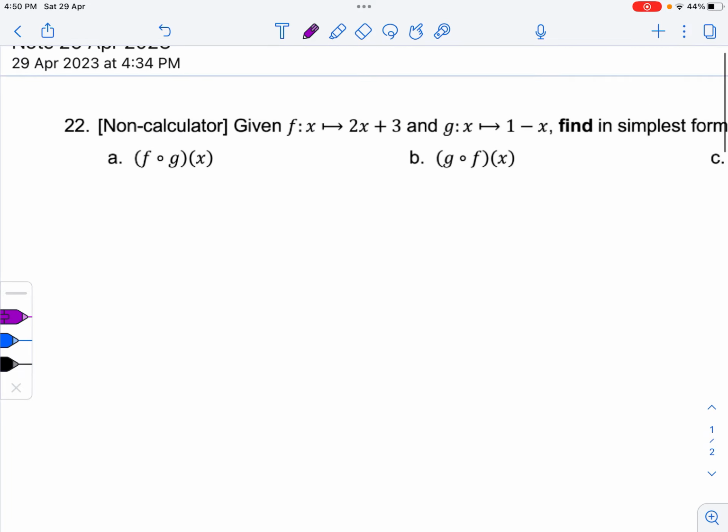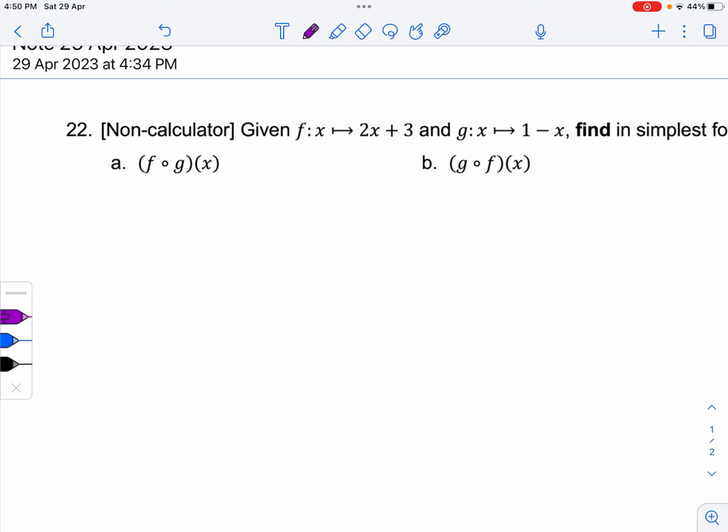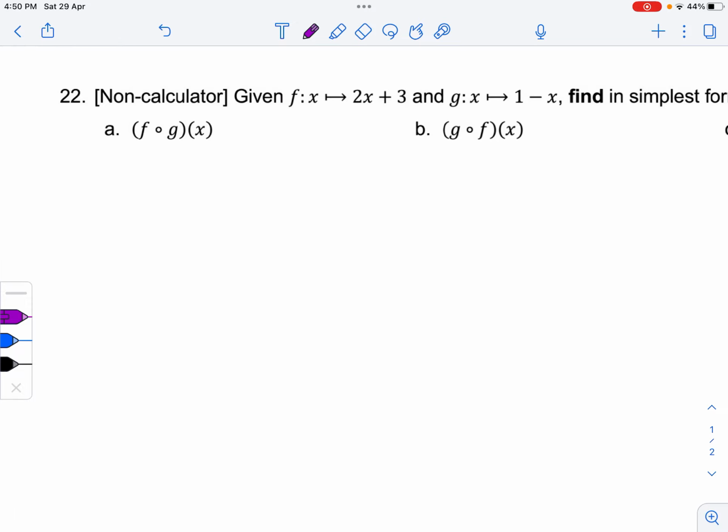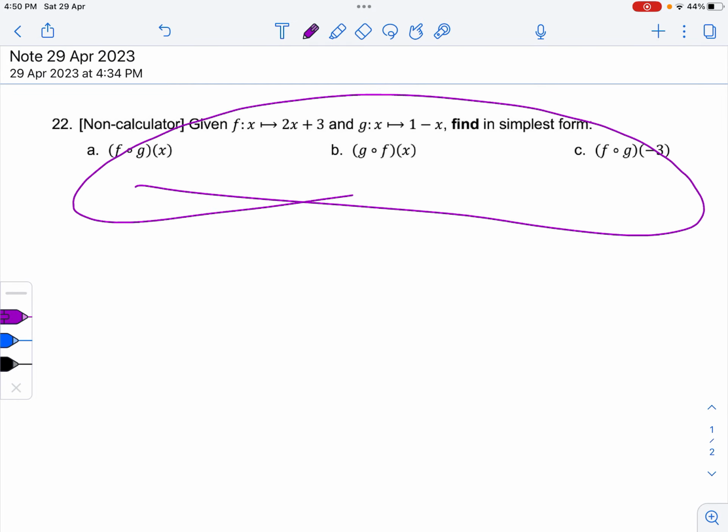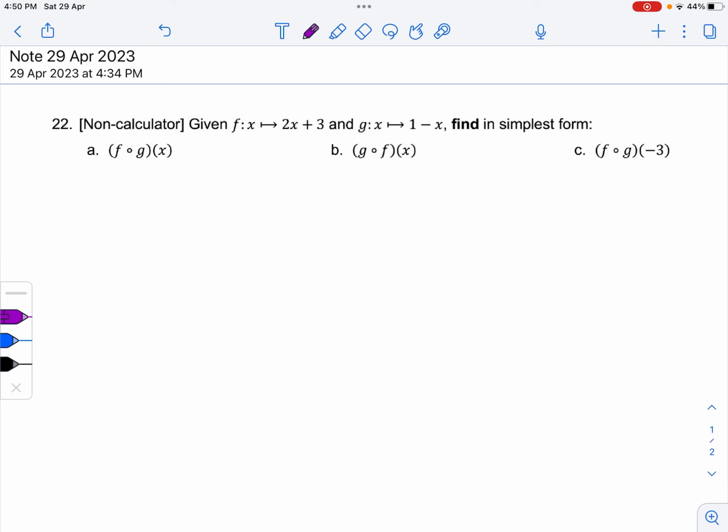Given that f of x is equal to 2x plus 3 and g of x is equal to 1 minus x, find in the simplest form all of these. So before we get started, let me first introduce what composite